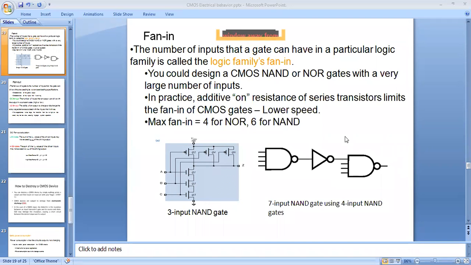So totally how many inputs does it take? Here 4 inputs and here 3 inputs. Totally it acts as a 7 input NAND gate. So to form a 7 input NAND gate, we cannot directly connect it with a single NAND gate. We form it with the cascading of NAND gates. Up to how many is it possible? For NAND, up to 6 we directly connect, and for NOR, up to 4 we directly connect. Therefore we call it the maximum fan-in. The maximum fan-in for a NOR gate is 4 and the maximum fan-in for a NAND gate is 6.